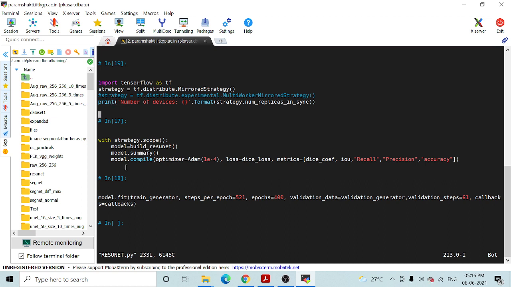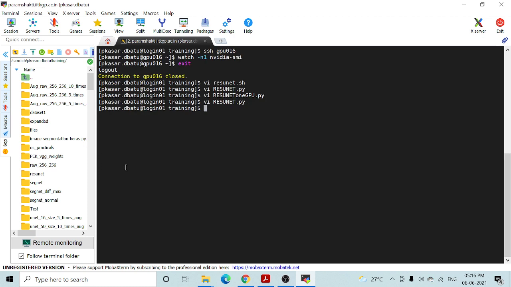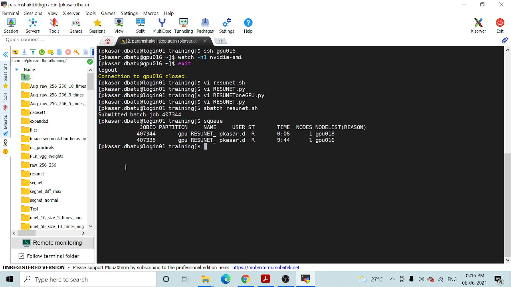Now I will schedule this job script as a batch. Yes, so this job ID is created. Now I can see that, as far as my account is concerned, there are two jobs being executed, both in running state. The second job is the one executed on two GPU cards.